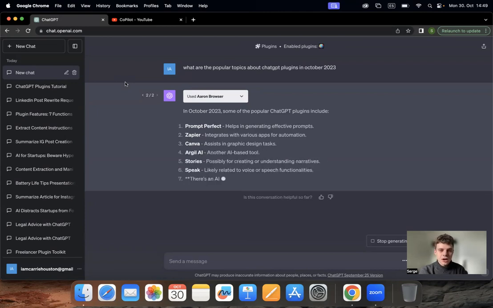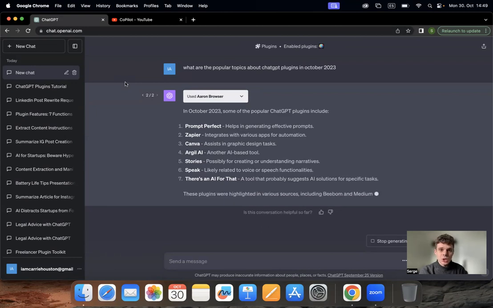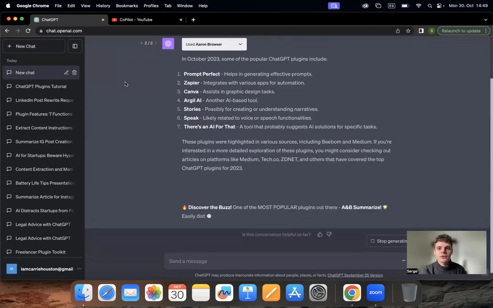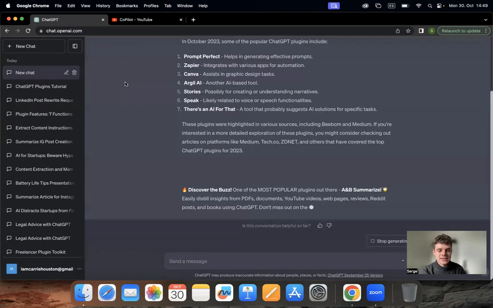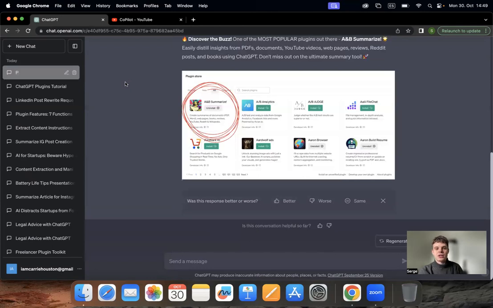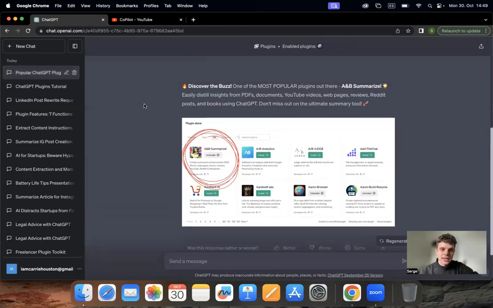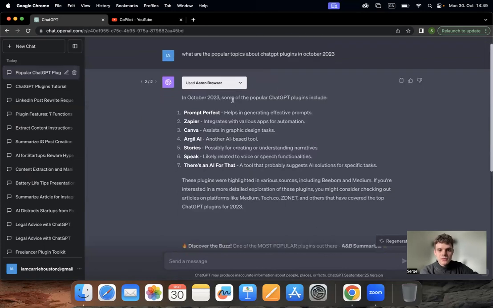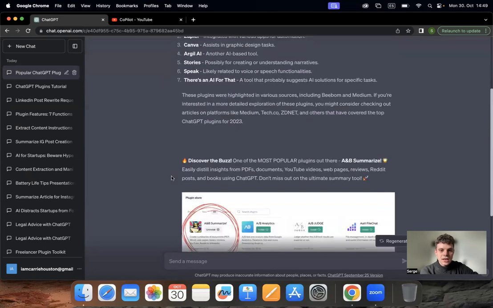It was updated a few years ago. This means that all the information you will be getting from regular ChatGPT chats is outdated and obsolete, and sometimes not relevant, especially for content creation, because we know the lifespan of information is really short at this moment. So in October, some of the popular plugins include blah, blah, blah.